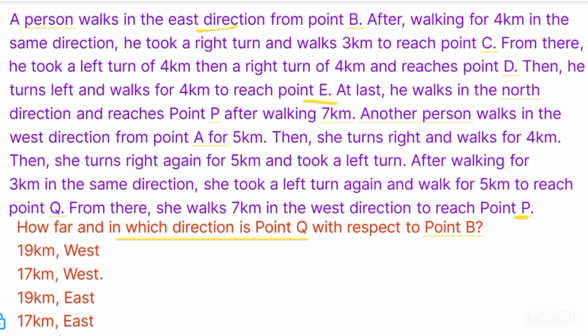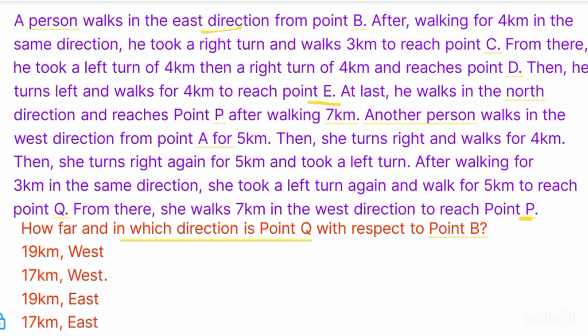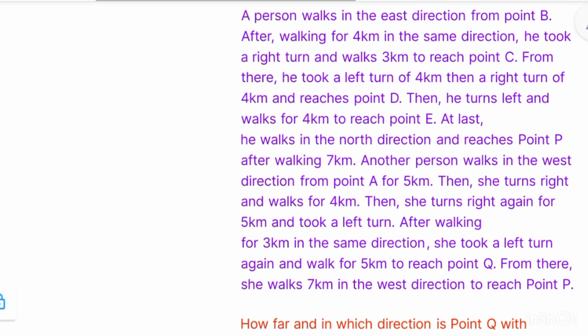So this is a very interesting question, and to solve this question we will read the question line by line slowly and then solve it. Then you will find that it is very easy to solve. So let's solve this question. So this is the question